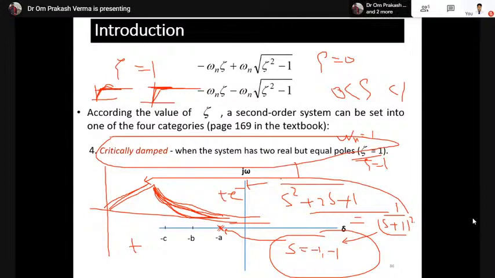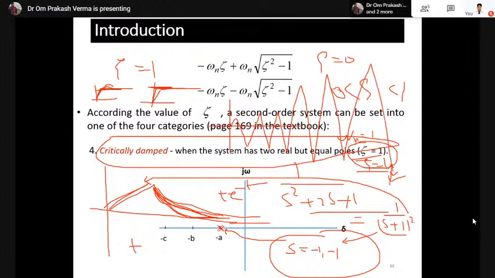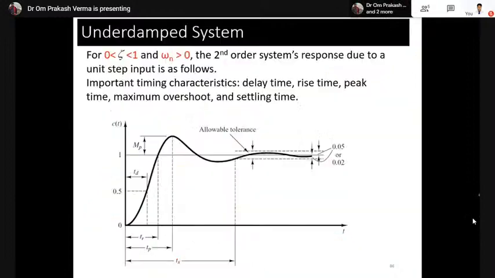Okay, so critically damped is one of the good ones, but setting the value of zeta exactly equal to 1 is not feasible for any instrument. Therefore, an overdamped system, as you have seen, is not realizable and not stable, because the response is going on infinitely in time. So we have taken the underdamped system into consideration, and we will consider only the underdamped system for your control system process.